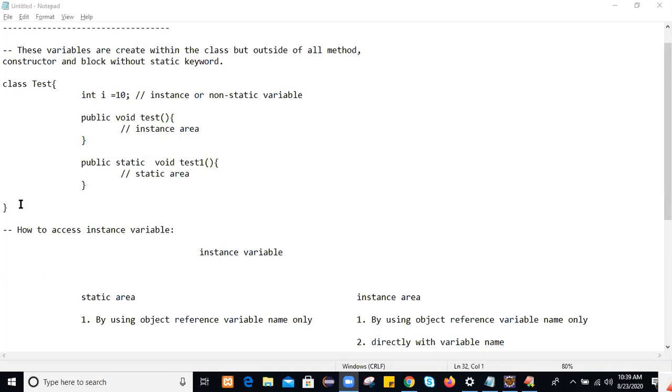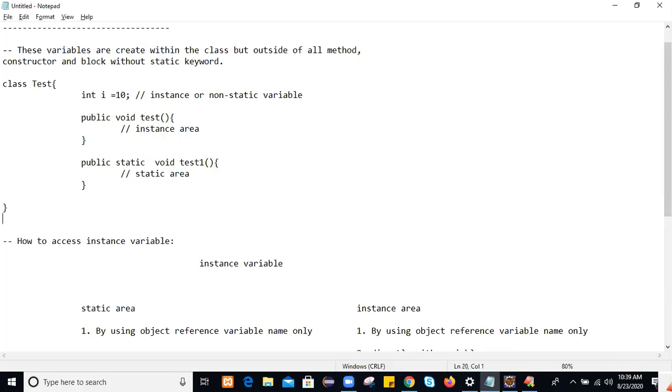So the point here is that it is always mandatory to create an object to load the instance variable into object memory.